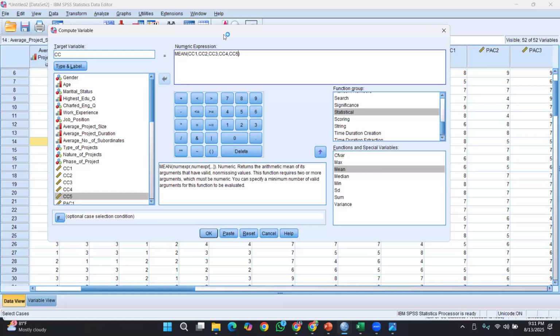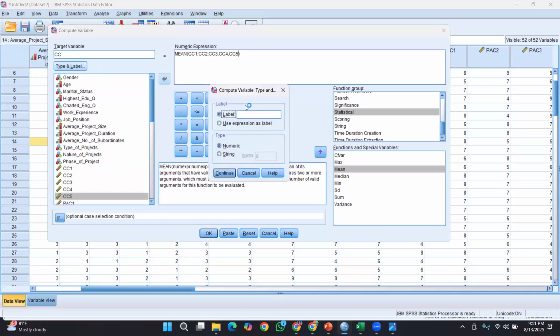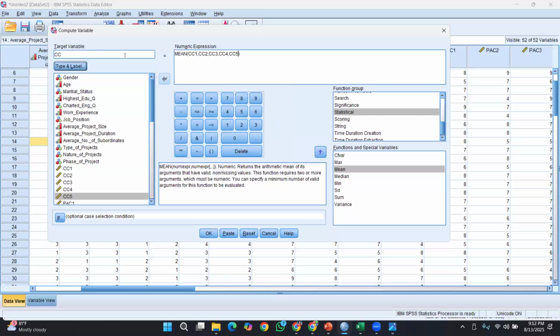Okay, now we have been given a command to create a new variable. You can select the type and the label here as well. By default, it's a numeric one, so no need to change it. So how is it going to create the CC?